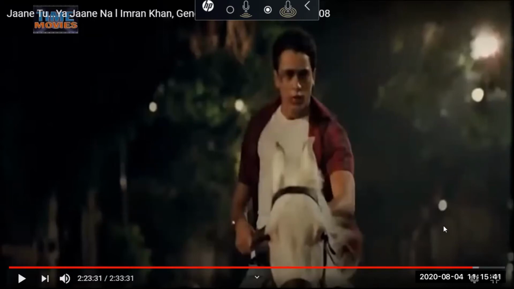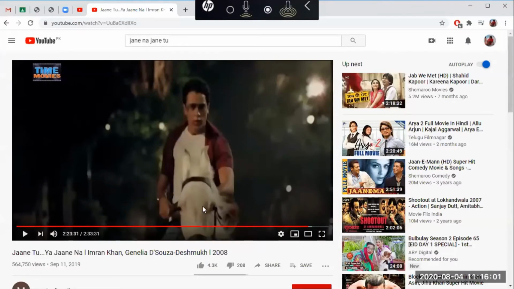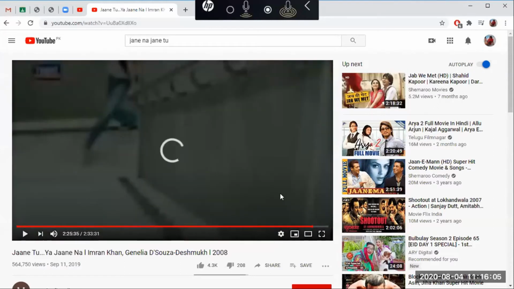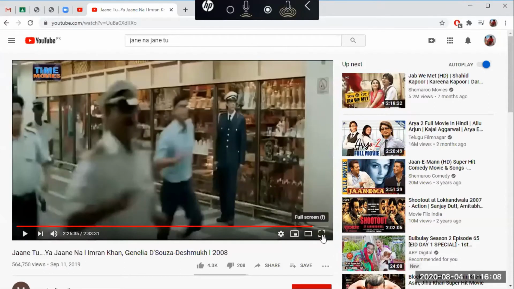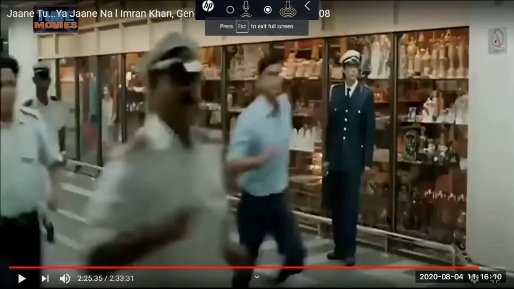So, as a matter of fact, the filmmaker has intercut in between two scenes that are happening in two different places, because Imran Khan leaves jail and he's going to the airport, and the female protagonist is actually leaving India. So he has to actually reach the airport in time to make it a happy ending film,